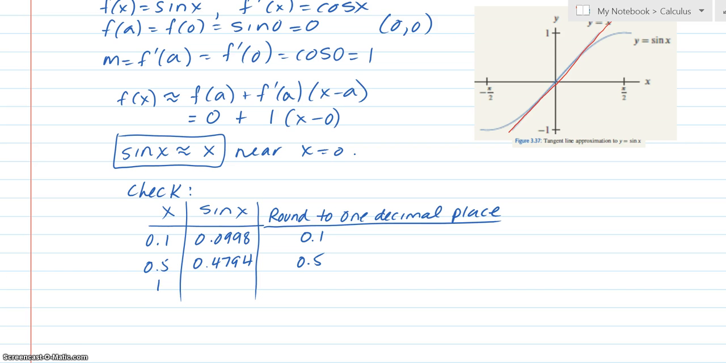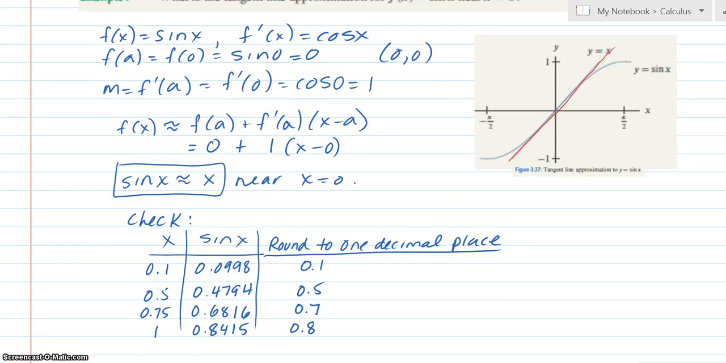Sine of 1, not so close. Maybe I can do 1 down here. That is 0.8415. That gets a little off. Let's try 0.75. 0.75 is also a little off. 0.7, a little closer. So you can see the farther I get away from 0, you could do negative values too, the less approximate